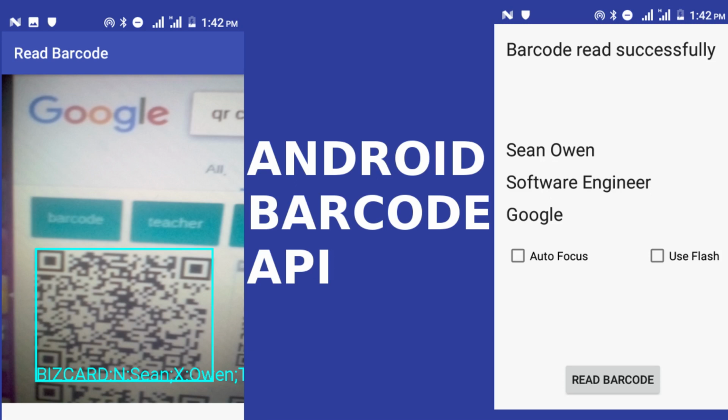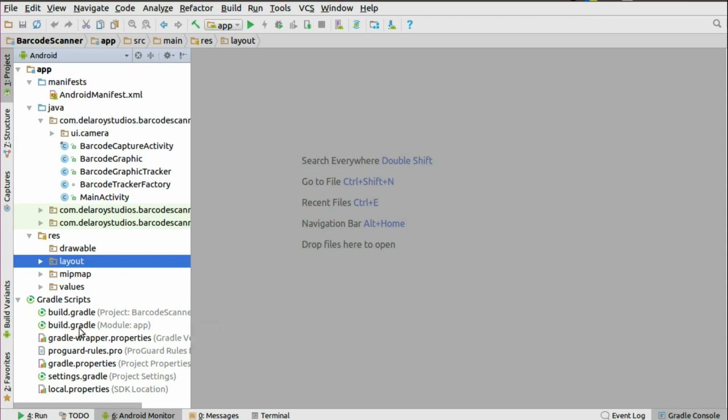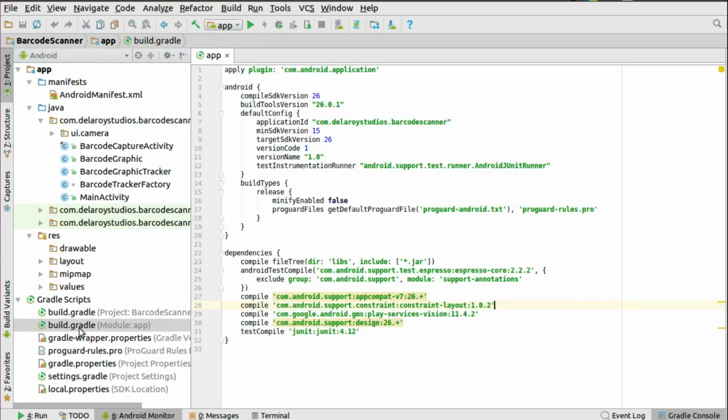Right there in Android Studio, in the build Gradle, you have to include the dependency, the Play services, version 11.4.2, very important. You also need to upgrade your Google Play services from the Android SDK and the Google support repositories. You could include the Android support design 26 and above, or based on the version of SDK you're running. After doing that, you sync Gradle